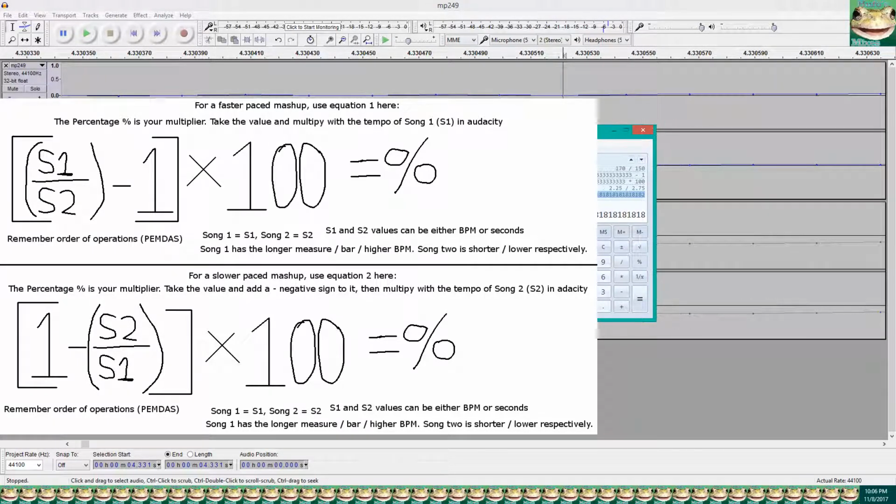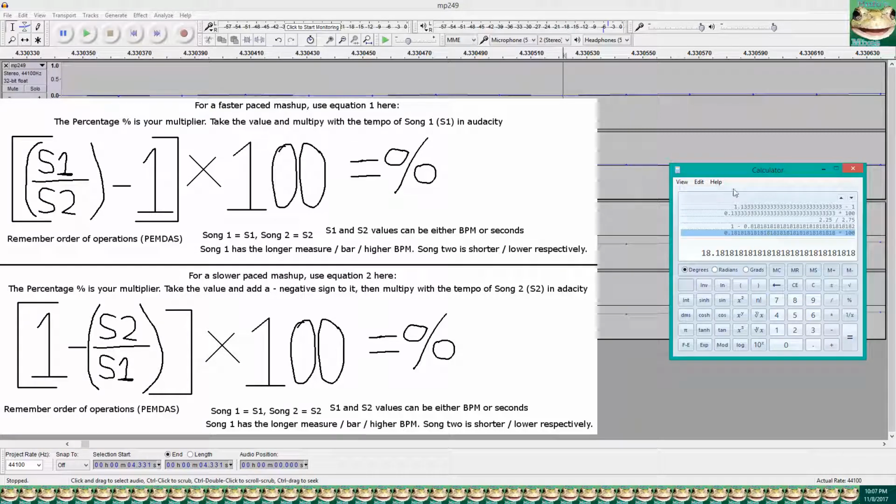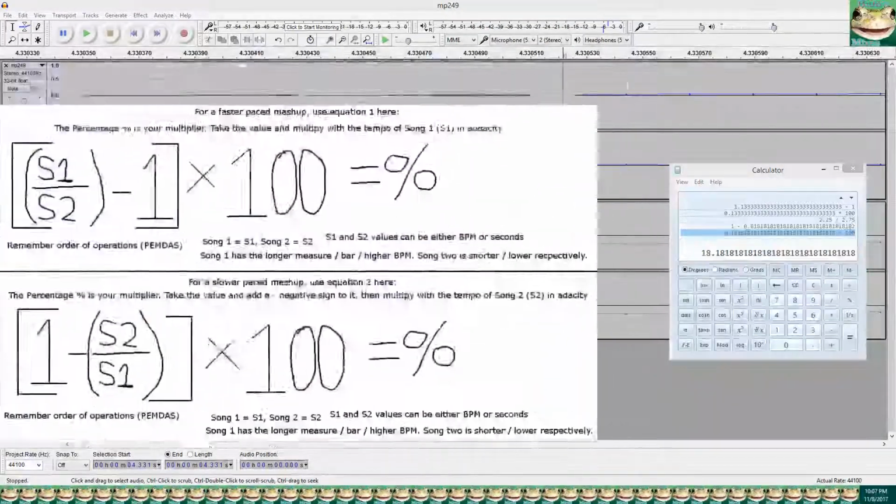So basically, you do 225 divided by 275, subtract 1 from that, and then convert it to a percent by multiplying by 100%. You get 18, so basically you would slow down, and you see it says negative value in the top section of the bottom equation. So you take this number right here and multiply song 1 by this, but negative, so negative 18.18181818. You get the point. So this little equation right here